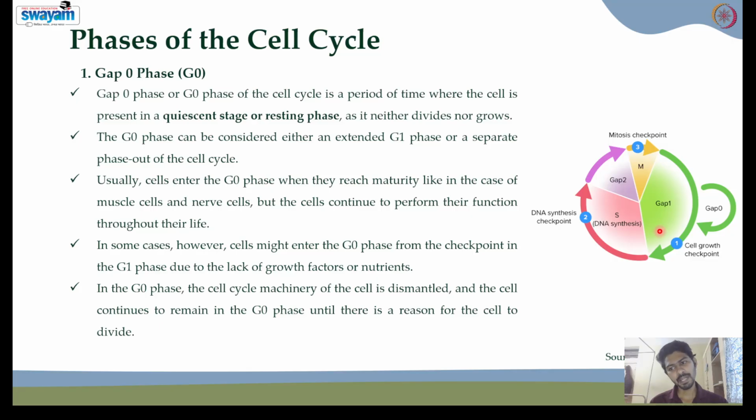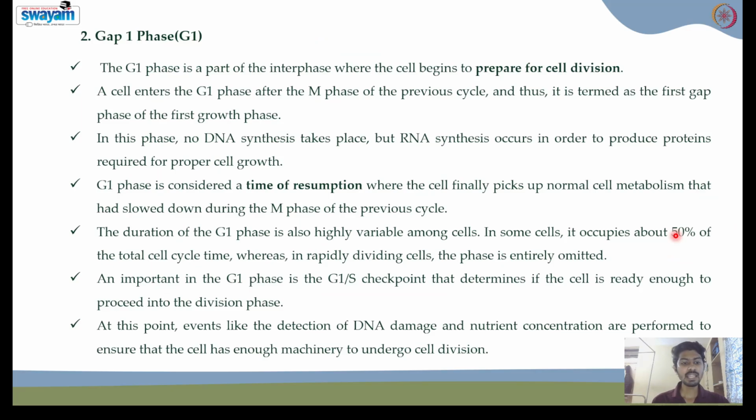And there are enzymes in order to check whether this event is happening smoothly. So at this point, what kind of events? Reduction of any DNA damage, nutrient concentrations are checked to ensure that the cell has enough machinery to undergo cell